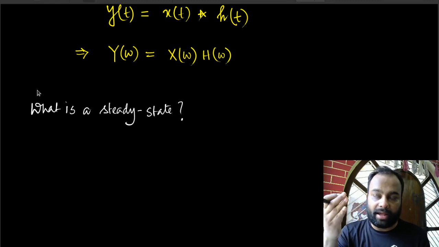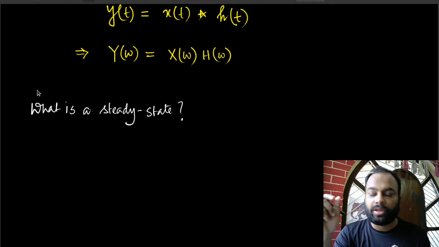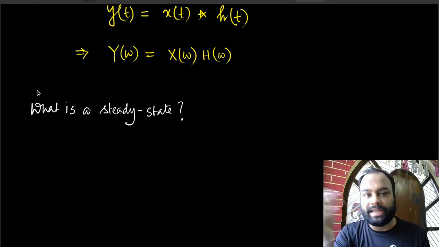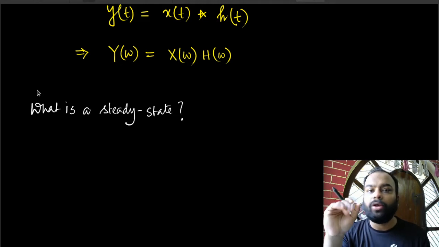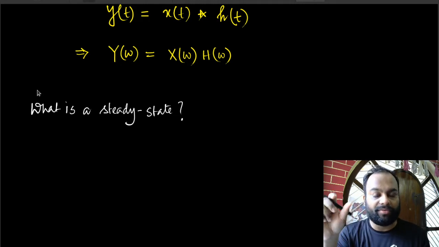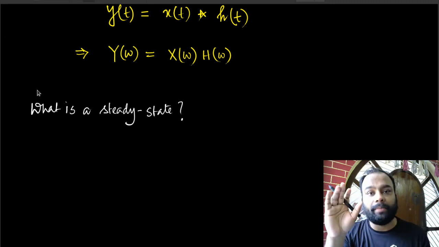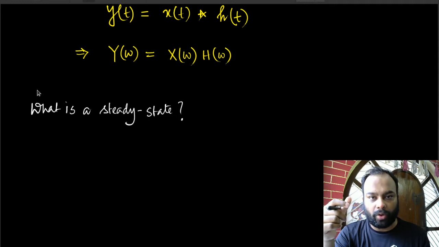The idea is kind of vague. A system would reach a steady state only if it can reach a steady state. There is a possibility that the system might never reach a steady state, and that happens for systems known as unstable systems. We shall discuss that later on. If your system is unstable, it would never reach a steady state. But if the system is stable, or rather absolutely stable, and you keep it excited with a fixed, unvarying input,